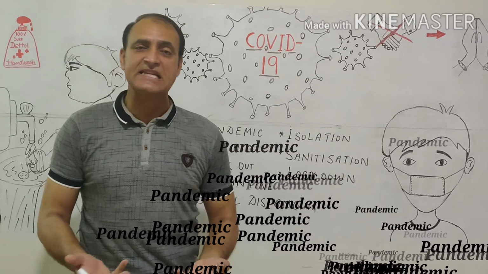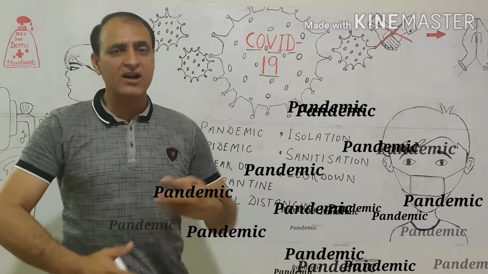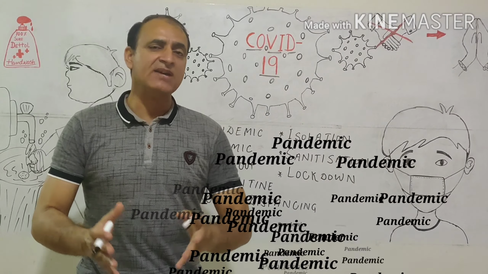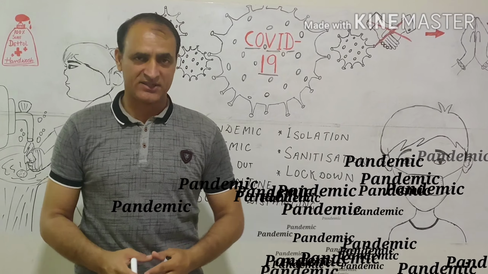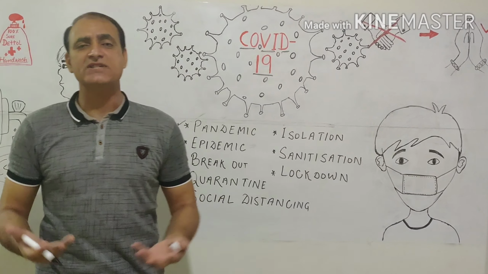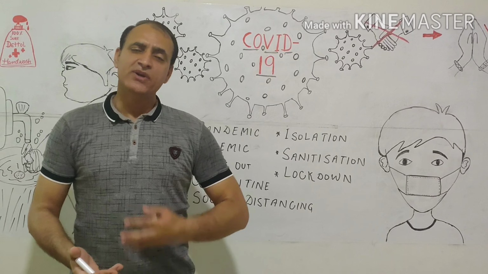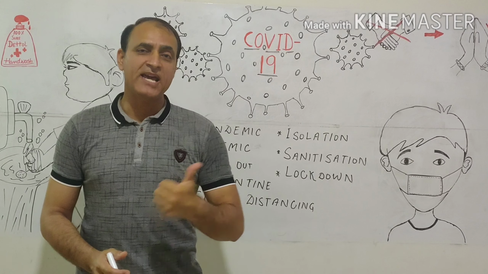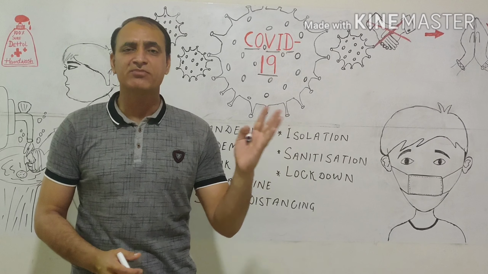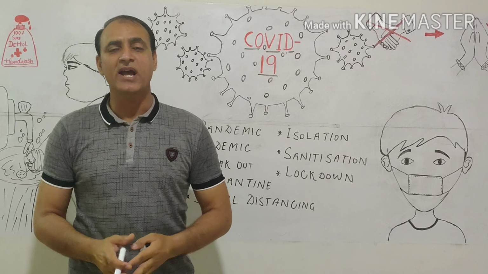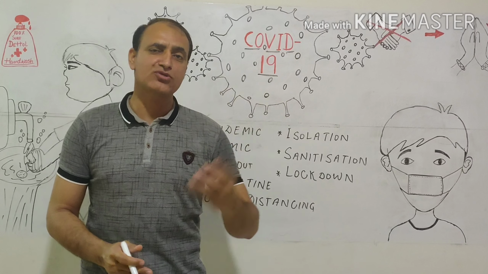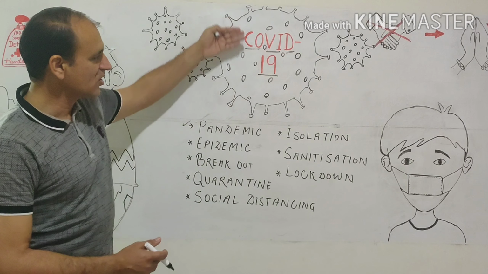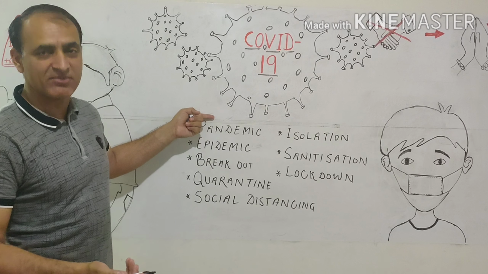Pandemic is actually a disease which breaks out and spreads uncontrollably across the country or across the world. Such type of disease is known as pandemic. It's not the first time that the world is facing this tough time. We have already faced an equally dark phase of life when plague broke out and killed innumerable people across the world, which is known as Black Death. It used to be known in those days as Black Death. In the same way nowadays this is COVID-19 and it is a pandemic.